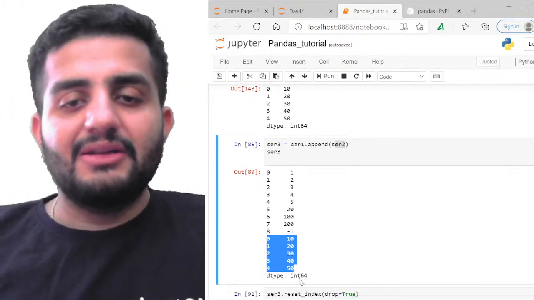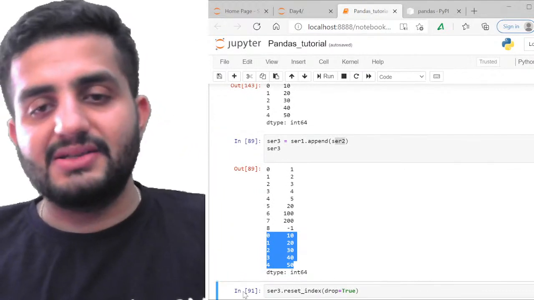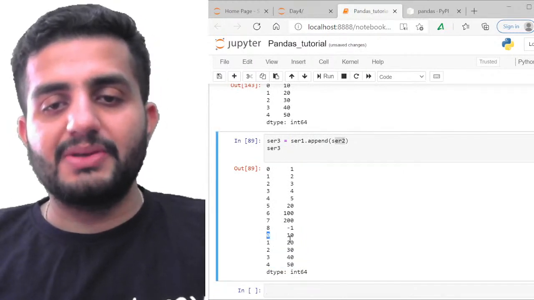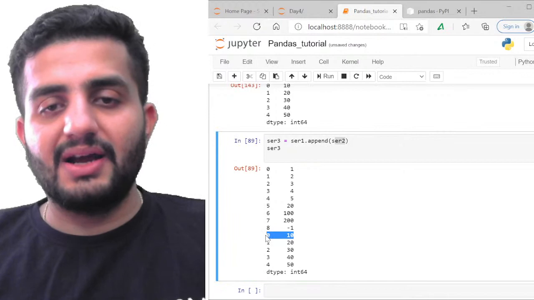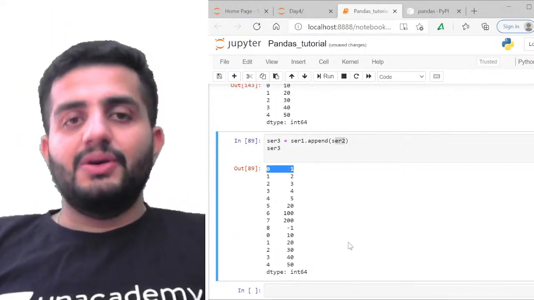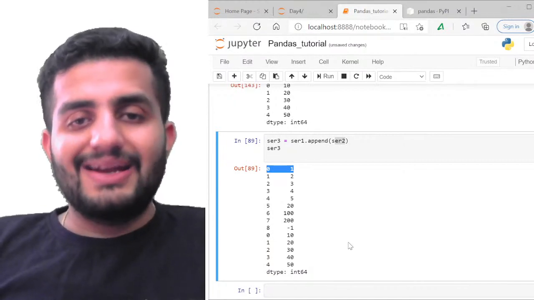But now you can see the problem, right? So basically you can see this. So if I have to access say series 3 of 0, 0 में बस दो इंडेक्स हैं, एक तो 0 10 भी दिखा रहा है और 0 1 भी दिखा रहा है, correct? That's an issue. So we have to again structure the indexes specifically.